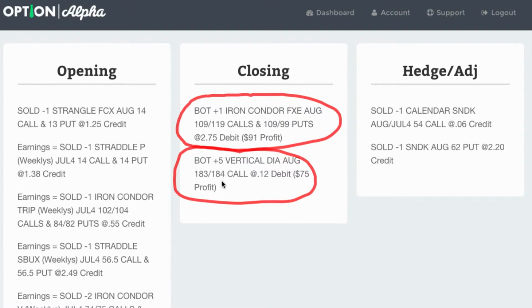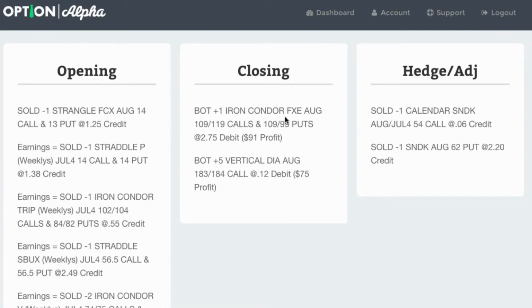DIA was a bearish call credit spread that we had, so we were trading it downward. DIA moved down. We finally closed it at a $12 debit, so took a nice $75 profit on DIA. Same thing with FXI. We had an iron butterfly, the 109.119 call spread and the 109.99 put spread, so a